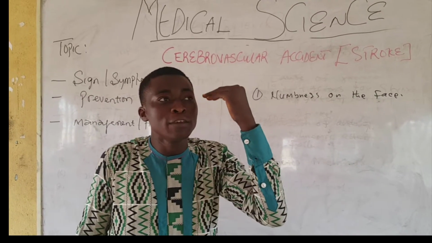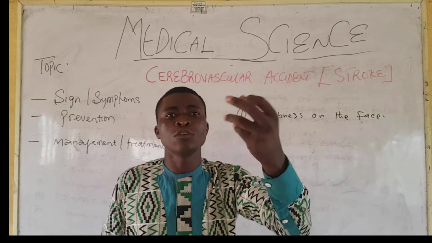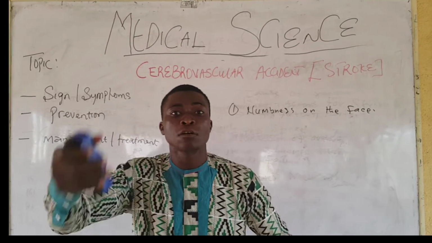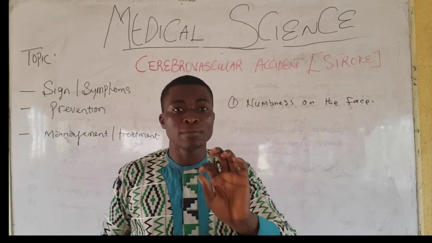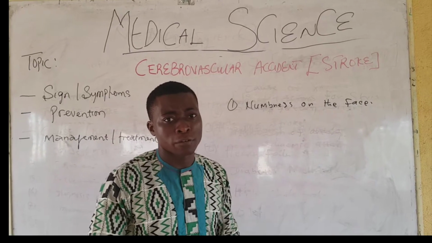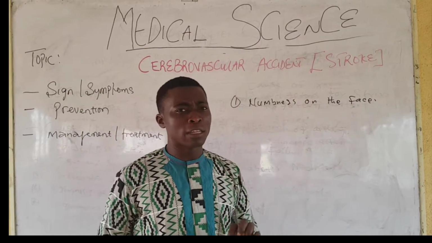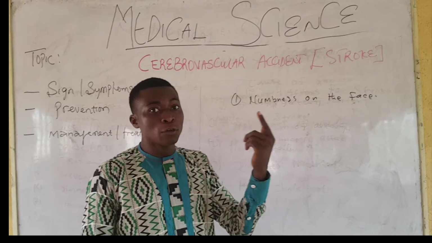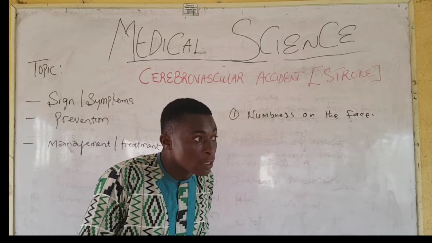Now, when there is a failure of blood supply to the brain, those nerves will be affected because they need oxygen. Unlike other cells, they need oxygen for their daily survival and also to promote their nervous activities. When these nerves are affected, especially the facial nerve, which is responsible for facial expression, and other associated nerves, numbness on the face will appear automatically. You look at the person and they just move their eyes without recognizing anything. Because the optic nerve is also affected, the person will just be looking like this without seeing anybody.